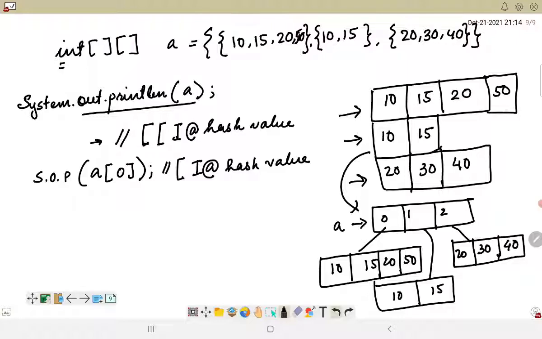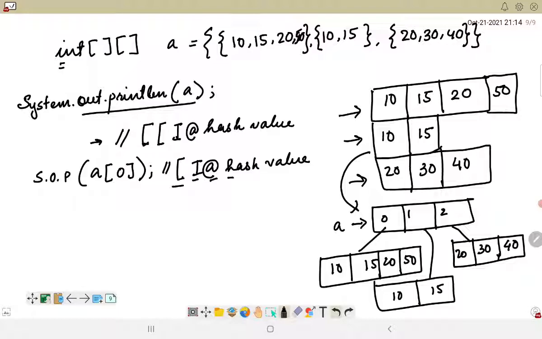We will see this with a program, but you just have to remember as of now that A of 0 has a 1D array which has 4 elements, so that is why it will return me a 1D array followed by the integer type and @ symbol as well as a hash value.